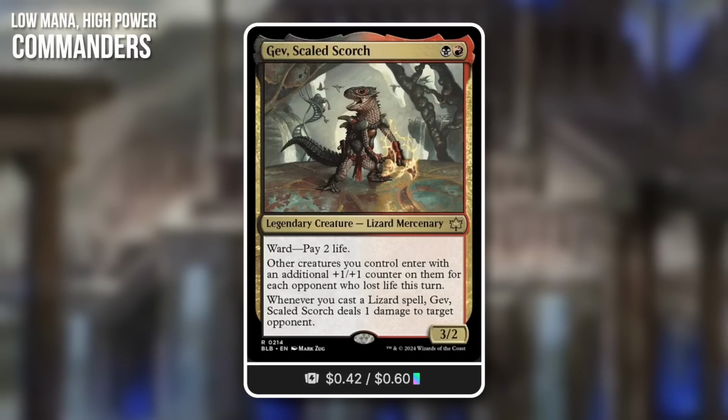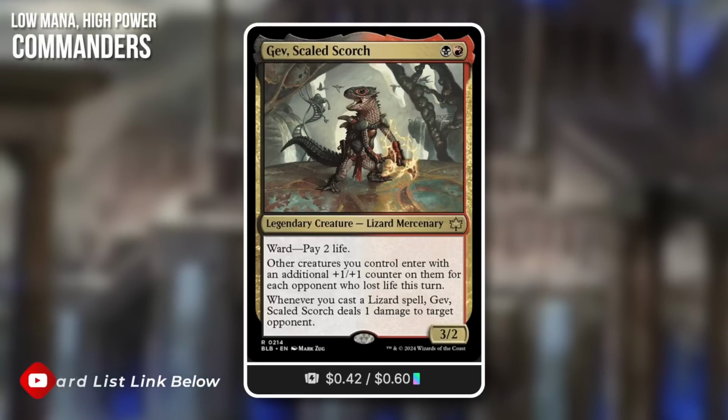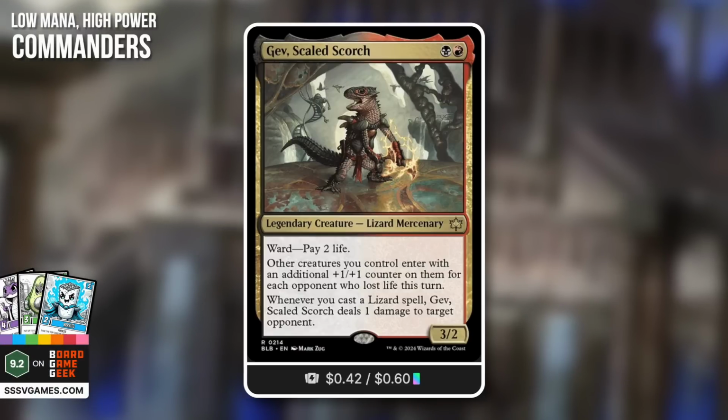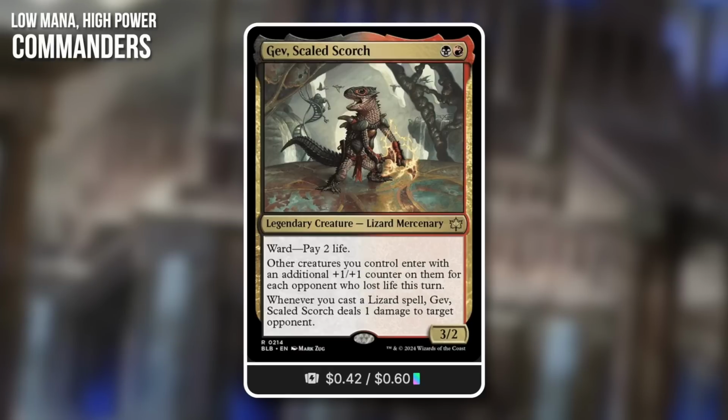Other creatures you control enter with an additional counter on them for each opponent that lost life this turn. Whenever you cast a Lizard spell, 1 damage to target opponent. Now, Gev says, hey, you know what? I'm adorable. I'm cute. Awesome. But what matters is, if you just have an opponent lose just 1 life, you don't care about getting a ton of counters on your creatures, okay? That's nice, but just one opponent losing 1 life, that's all you need. And all of a sudden, you activate the most broken thing of all time with this kind of a commander,